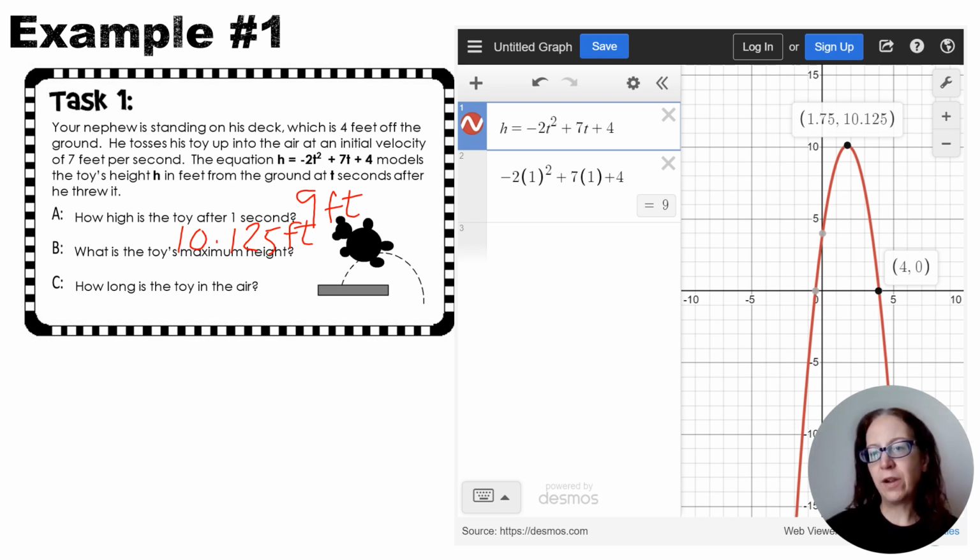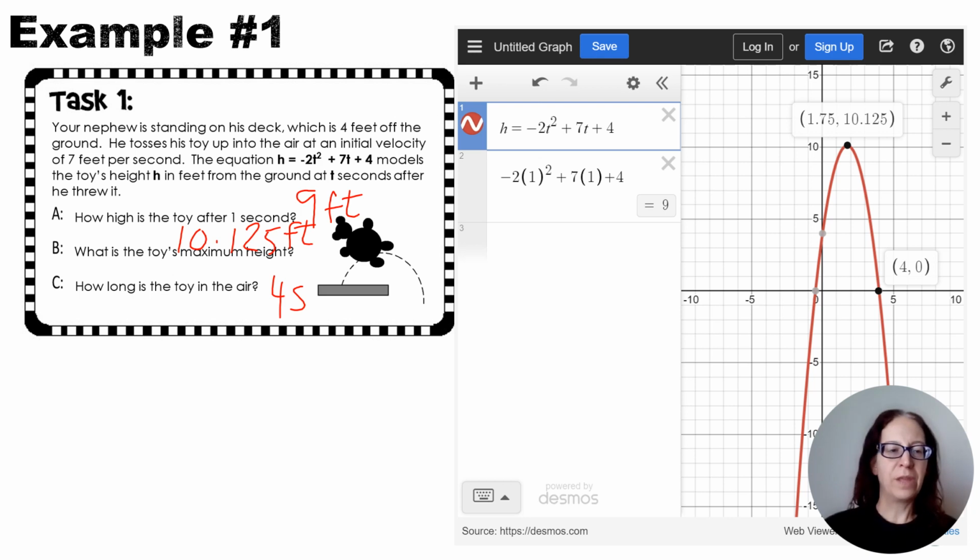I'm going to come over here and let Desmos highlight that for me. And what this means is after 4 seconds, the height is 0. If the height is 0, the toy is no longer in the air because it has hit the ground. So our answer for this would be 4 seconds. And before we leave this slide,